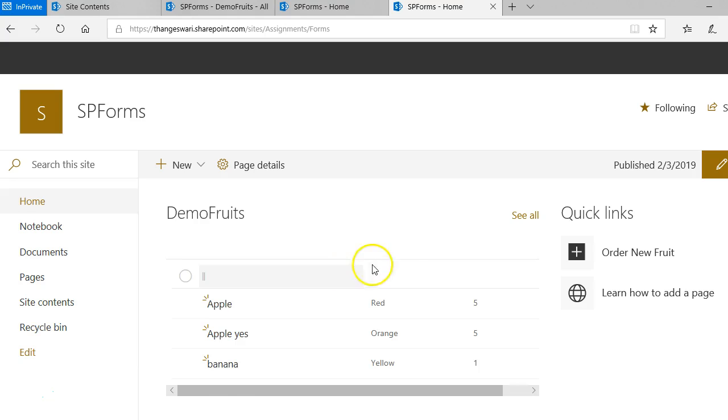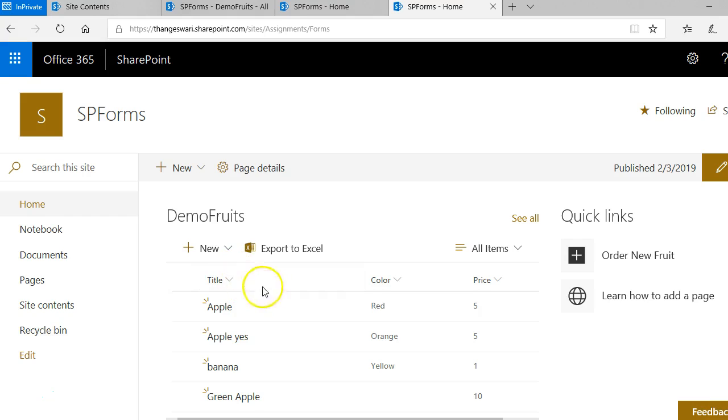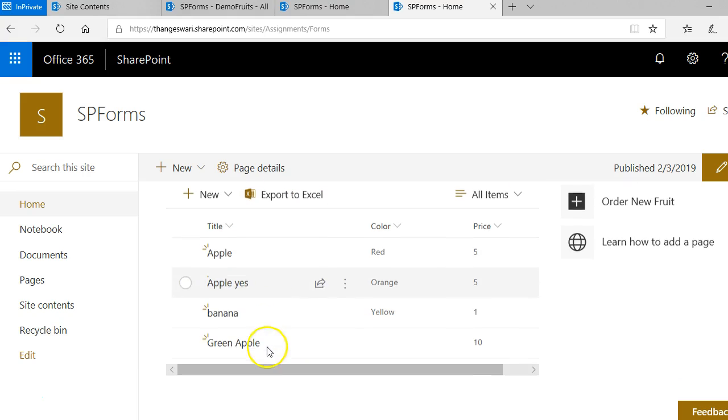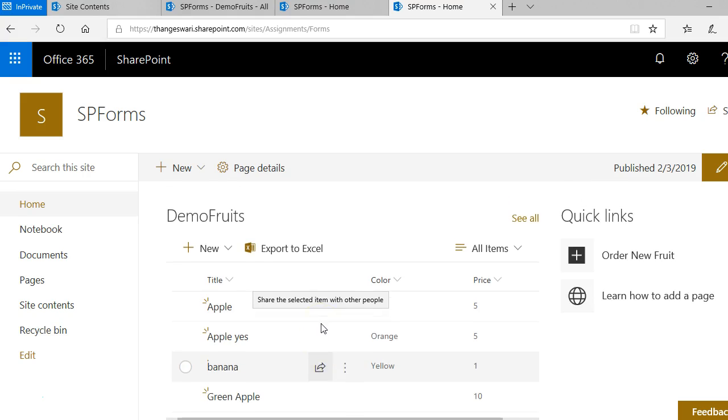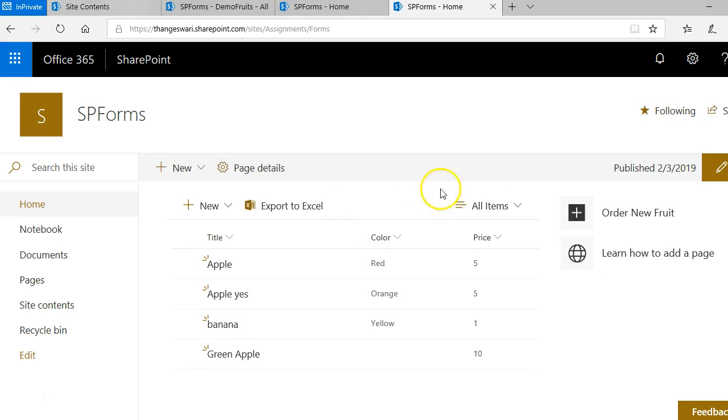displayed. So you might have a new view which will display only the items ordered by the user, where created is equal to me. You can create a view like that and only the fruits which are ordered by the user will be displayed there. So in case you want to create a separate page,